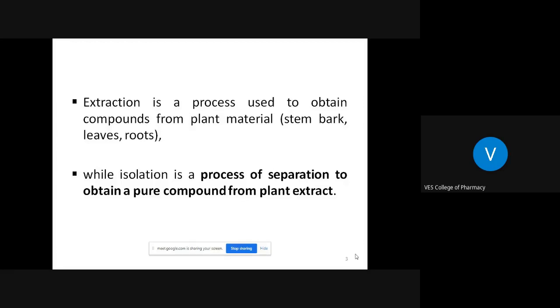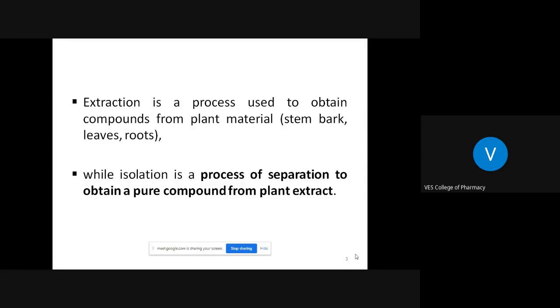So when I carry out the process of extraction, I can use the common methods of extraction, for example, say Soxhlet apparatus, or I can go for other conventional methods of extraction like percolation, digestion, maceration, or I can go for modern methods of extraction, for example, say supercritical fluid extraction, microwave assisted extraction, or ultrasonication. So these are the different methods of extraction wherein I am able to obtain different phytoconstituents from different morphological parts